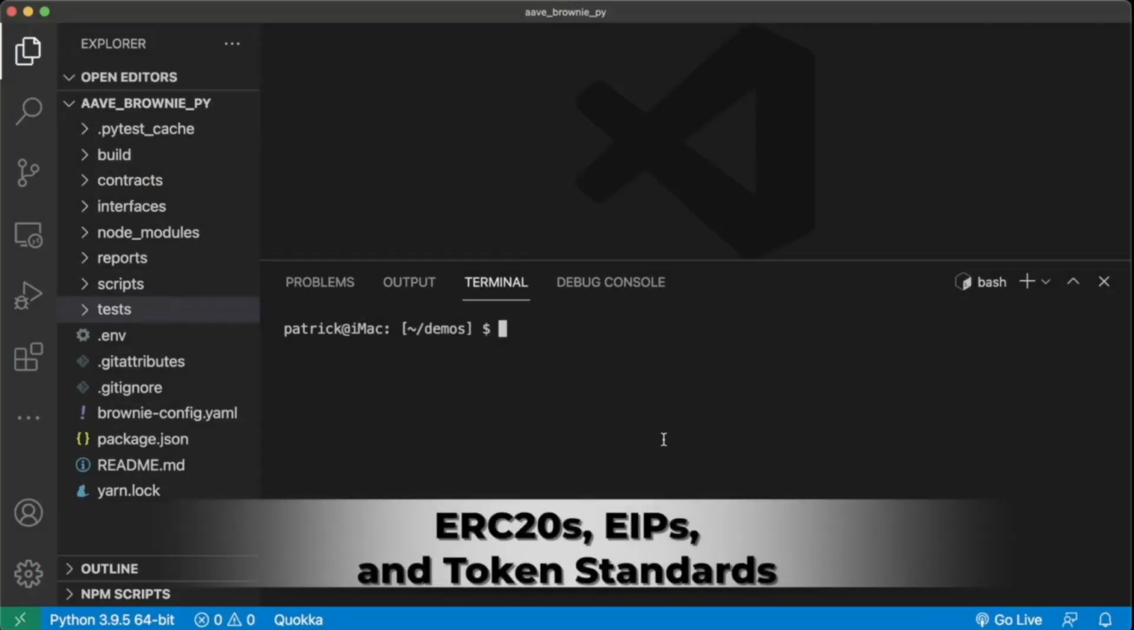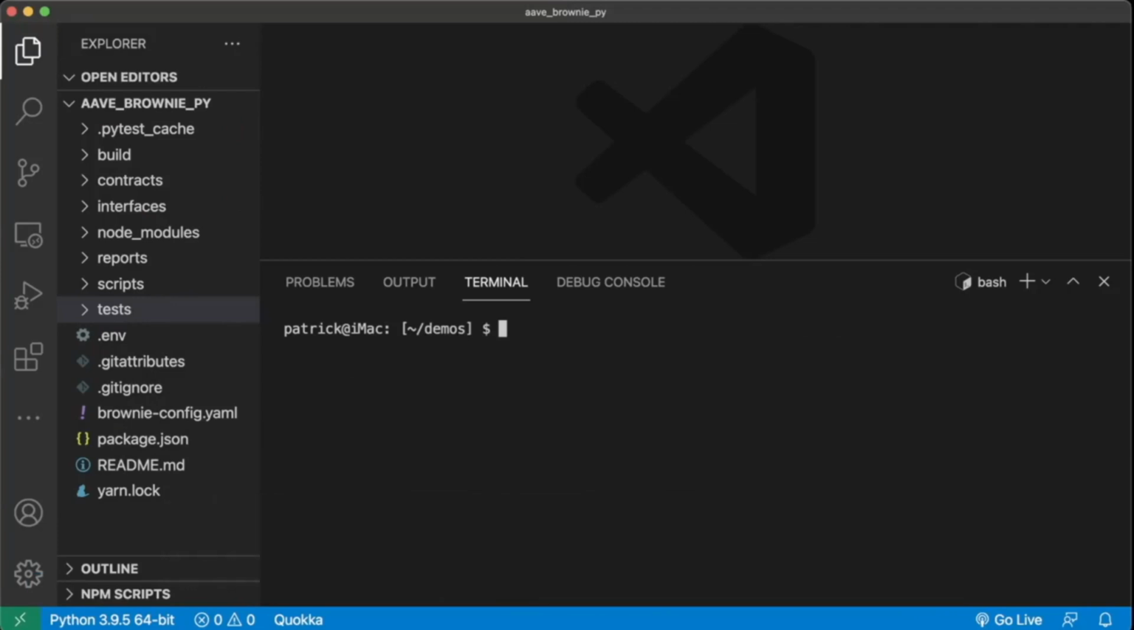Now we are cooking. So we've learned a ton of the fundamentals of working with Brownie and working with smart contracts. Now that we have kind of all the building blocks though, we